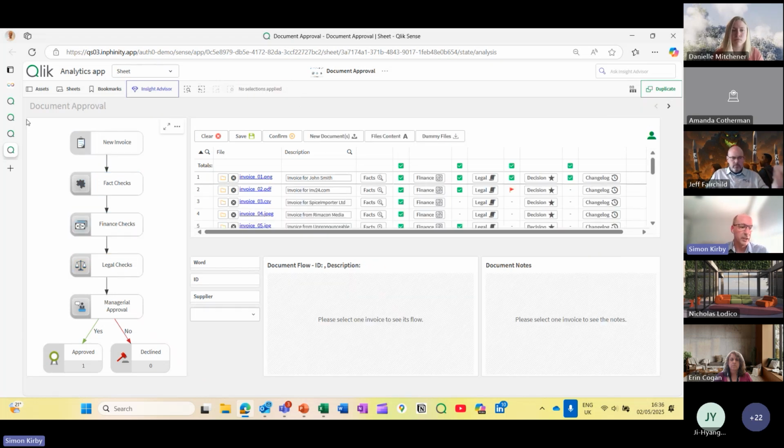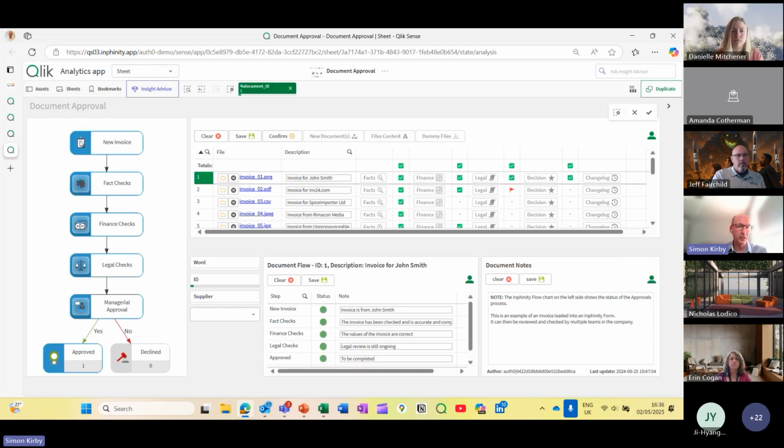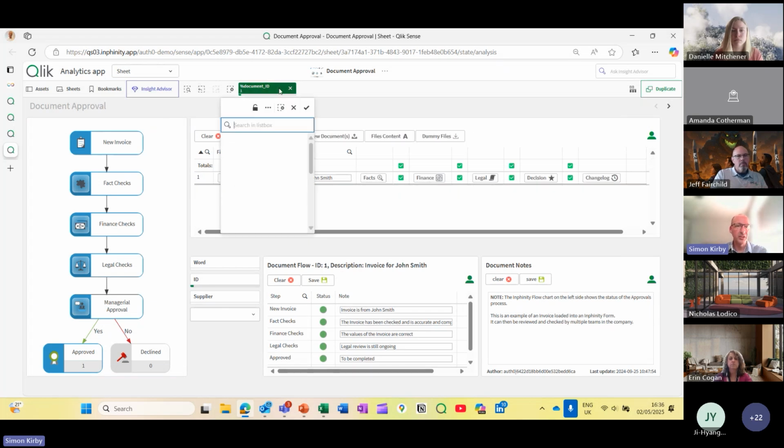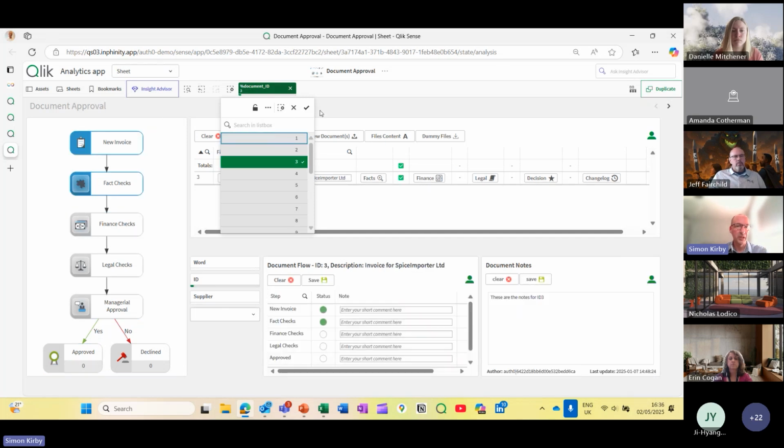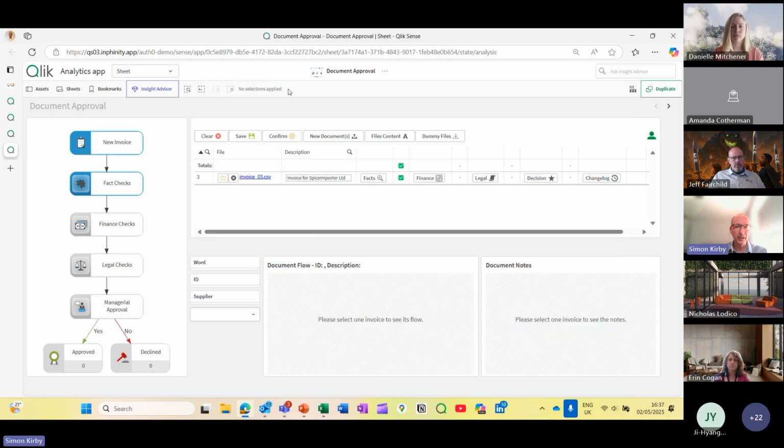One thing to mention, the object you see on the left here is an Infinity flow object. This is showing us the status of the process of each one of these invoices that needs to be reviewed. So if I select number 1 again, you'll see that a lot of these boxes have turned blue, and they turn blue when the process has been completed. If we change that from 1 to number 3, for example, you'll see that only 2 things are blue, and that's because only the invoice has been received and the fact check has been performed. None of the other steps have yet been completed. Okay, so let's take that away.